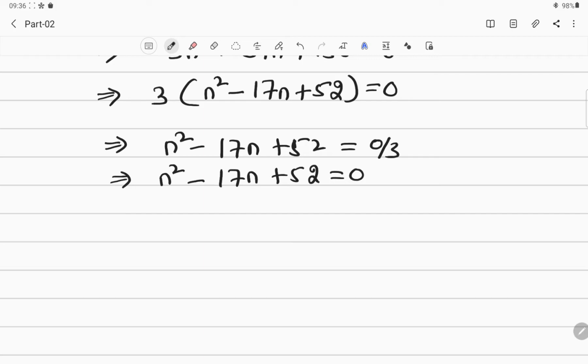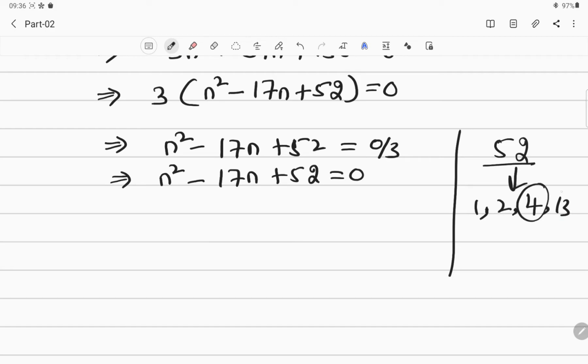Now here we are going to split the middle term. 1 into 52 means 52. What are the factors of 52? The factors of 52 are 1, 2, 4, 13. So we got these numbers. Look at this, 4 and 13. So if you do n square minus 4n then minus 13n, it is going to be minus 17n,